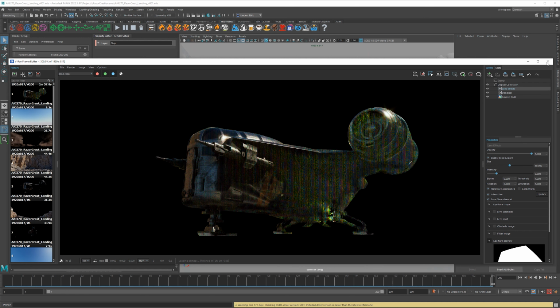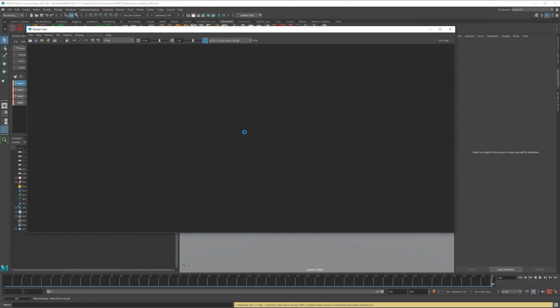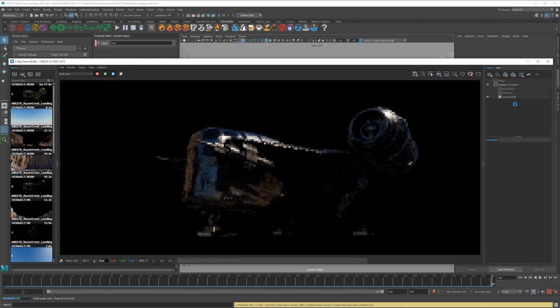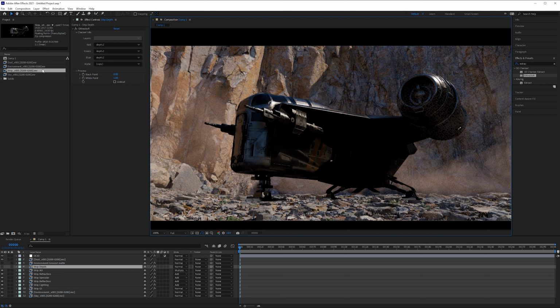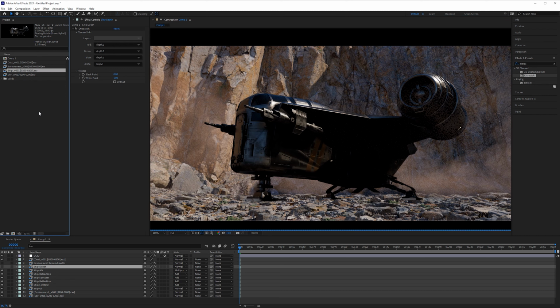Stop the IPR there. And then we just need to render out the ship again. I'll just click on the render icon and let that render out the ship again. All right, so when that is done, you don't need to save it because it's already being saved. So you can go back into After Effects. The way that you refresh this, you would simply right-click over this layer and then say reload.